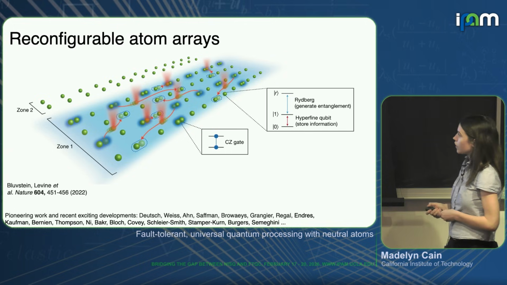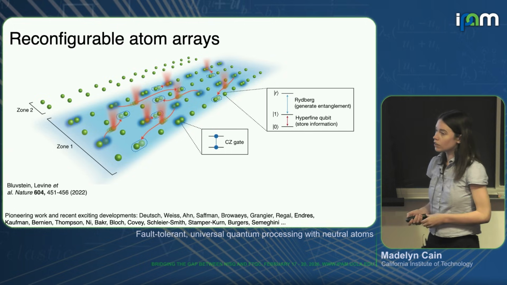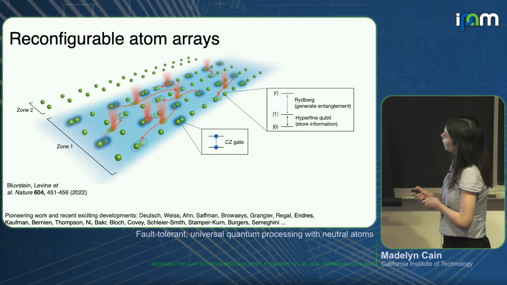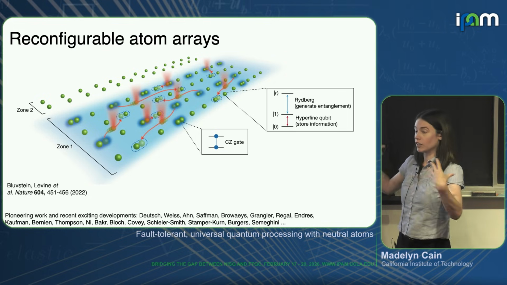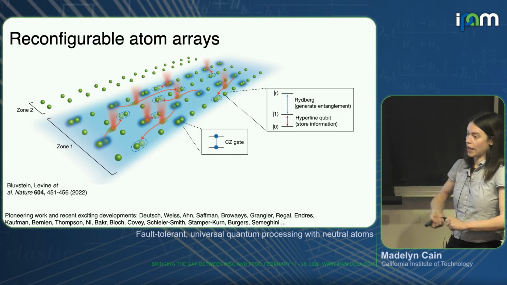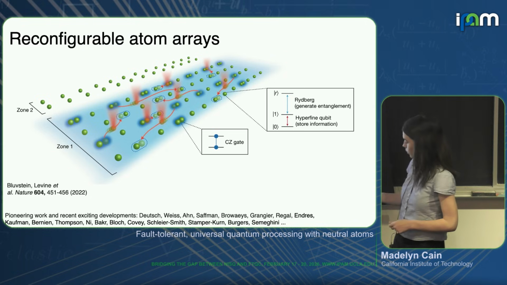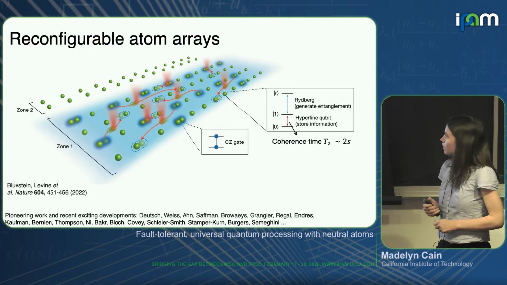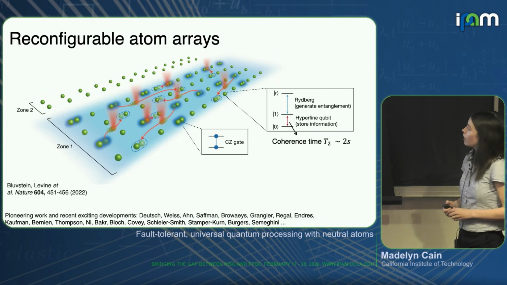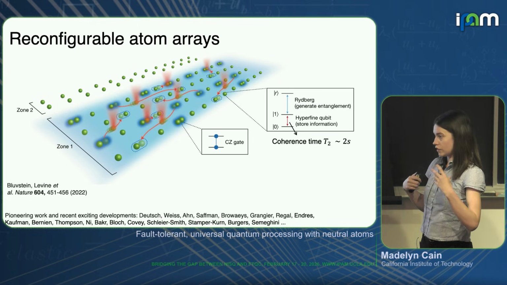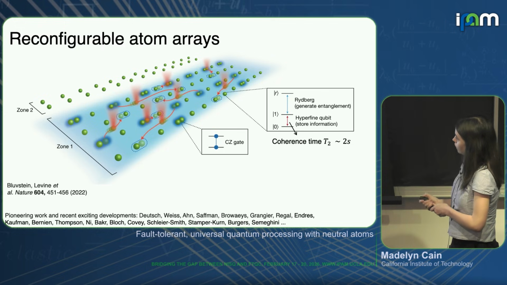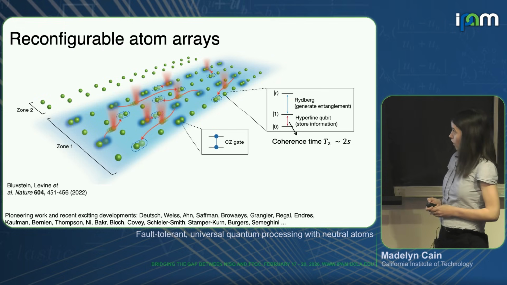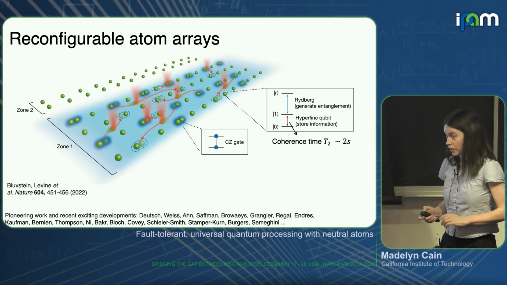And then when we want to generate entanglement, we'll pulse a Rydberg laser, which is designed to excite one of these 2 states up to a highly excited electronic state, such that the atom will become very large and it'll interact with nearby atoms that are also occupying this Rydberg state. Now, one benefit of this modality is that this is a very stable qubit. The coherence times for the hyperfine sublevels where we store information are on the time scale of roughly 2 seconds.